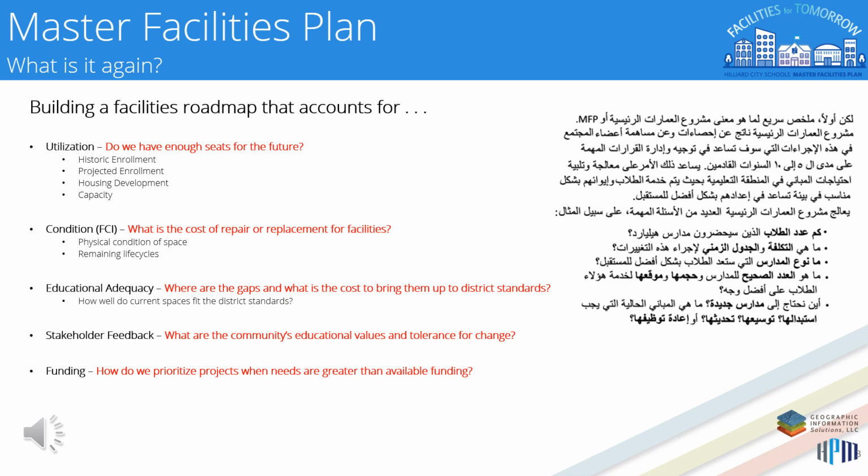It addresses the facility needs of the district to physically and adequately house students in an environment that will prepare them for the future. A master facilities plan addresses many key questions such as: how many students will attend Hilliard schools? What is the cost and schedule to make these changes? What kind of schools will best prepare students for the future? What is the right number, size, and location of schools to best serve these students? Where do we need new schools? Which current buildings should be replaced, expanded, modernized, or repurposed?